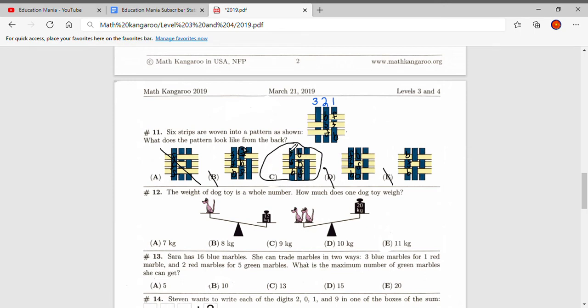Now, on to number 12. The weight of a dog toy is a whole number. How much does one dog toy weigh? So here we see that one dog is less than 12 kg,